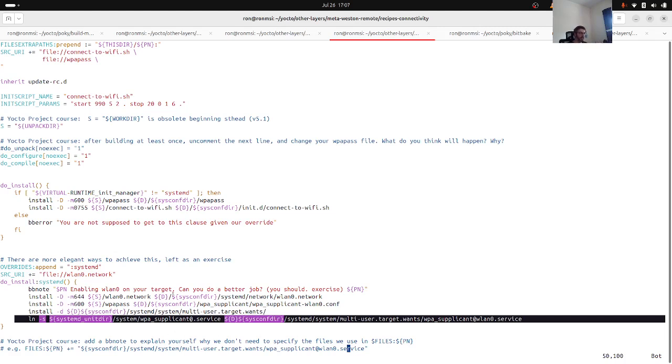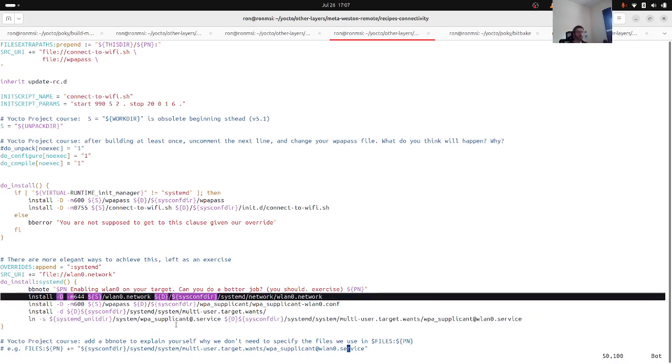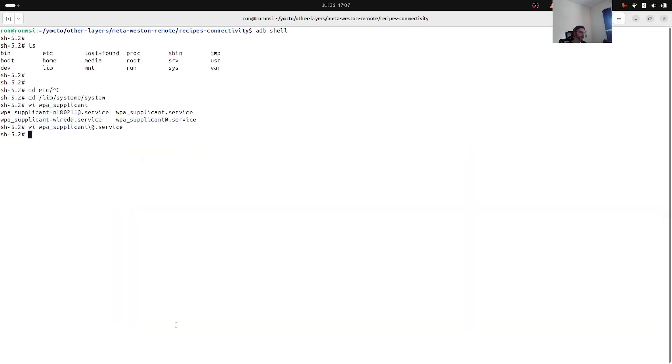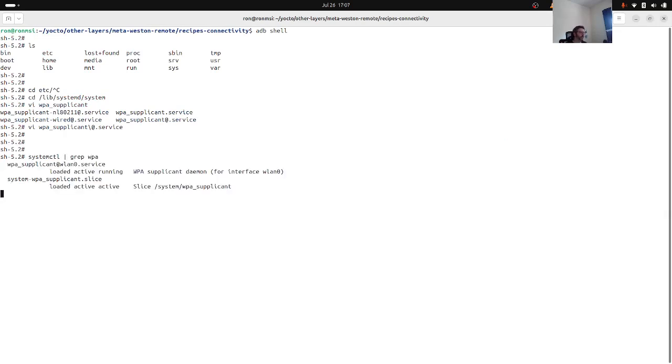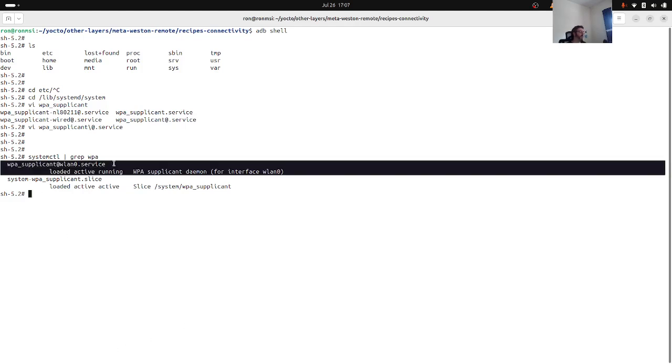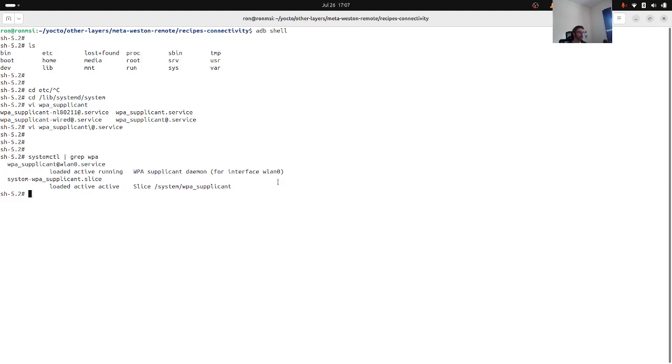And then this, with the network file, will cause systemd to automatically make our device work. So that's how these things work. If we look at what is active, we can see that this is the service, the exact name for interface wlan0 as we had. And since it comes from a dependency, just so you know, if you don't add the files, then you can do something like systemctl list-unit-files, and then grep